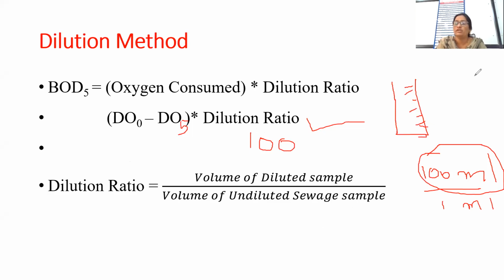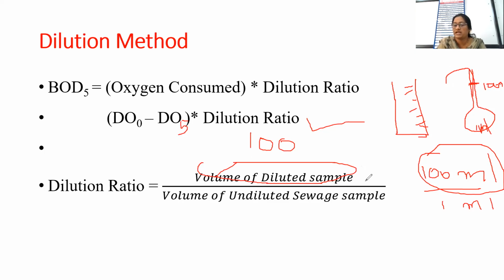or usually volumetric flask. What you can say volumetric flask? It is usually like this. This is known as the volumetric flask. In this, you can take first of all 1 ml sewage sample which you want to dilute. Okay, then add the distilled water up to the mark. Up to the mark means when it is reaching to 100 ml. Okay, so that quantum 1 ml plus this 99 ml, it is becoming a 100 ml.